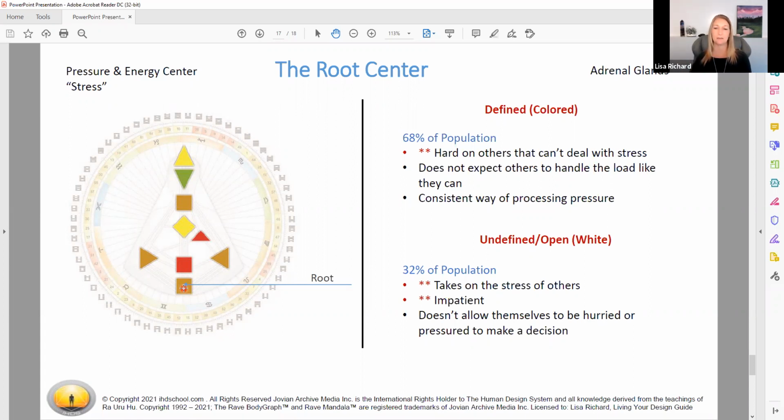Then that allows you the ability to then communicate that to other people, to not assume that others know what you're thinking, to not assume that others know what you need, but to really, again, work with the other energy types by using that energetic form of communication to express for yourself what is needed to honor you as an individual.